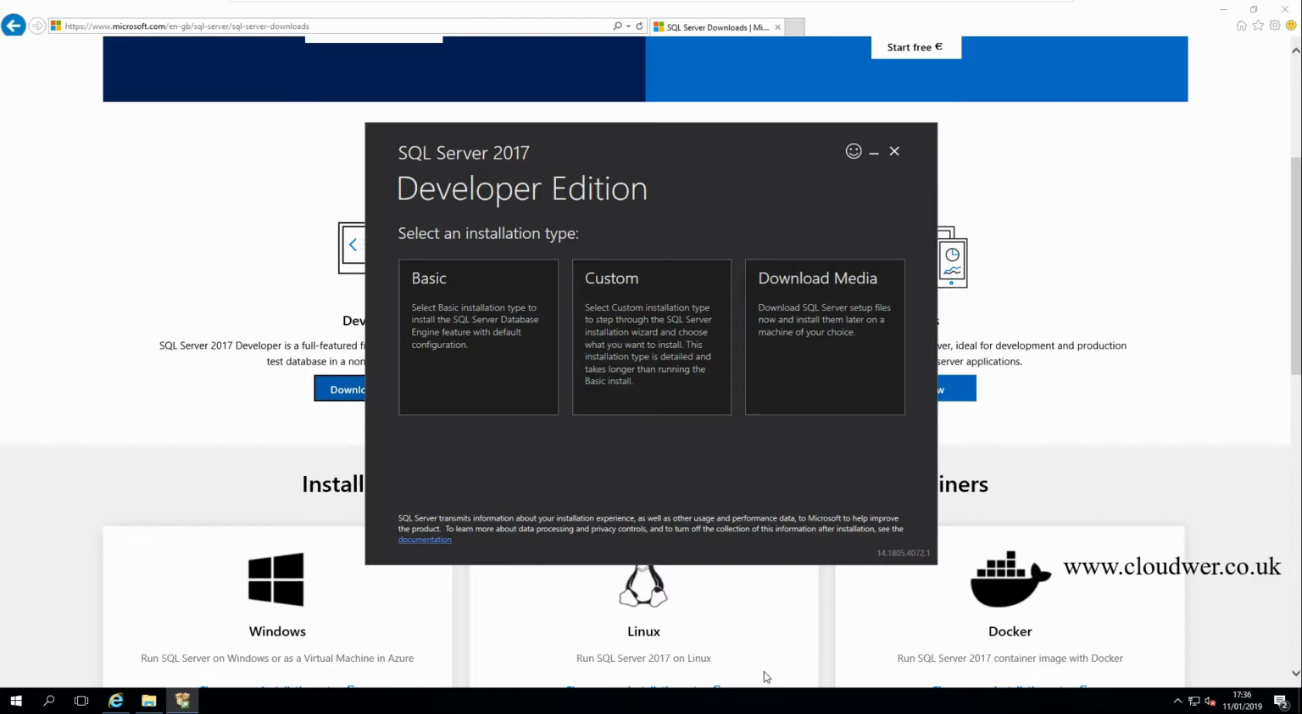So you've got three options: basic, custom, and download media. Basic is just a very basic installation of SQL Server. With custom, you can actually pick and choose what you want to install, and download media is for when you want to just download the media and install it later on a different system or different server or PC. So you can download onto a USB drive, take it, and install it somewhere else. What we will do is a custom install. So I click on custom,